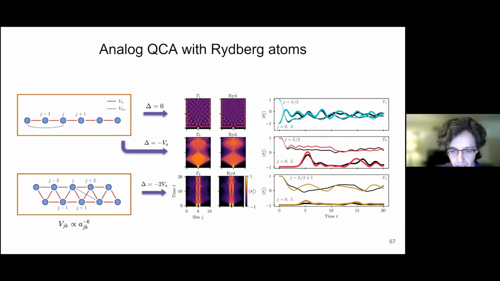And if we set the detuning to negative twice the interaction energy, we recover this interesting entangled breather system with some slight differences in the oscillation frequency of the breather, the breathing frequency. But the interesting thing to me is that no matter what we throw at these QCA systems, as long as we keep track of how those neighborhoods are being constrained, the QCA-type behavior is robust. The microscopic details might change, but the complexity outcomes remain consistent.